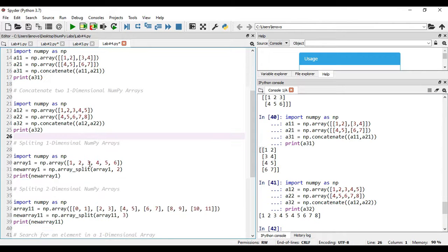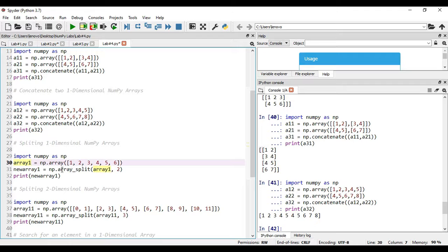Okay, next we'll try to see the splitting of one-dimensional and two-dimensional arrays. Right? Here what I will do is I will try to split a one-dimensional array into multiple arrays. In this case, first I am creating an array named array 1 with elements 1, 2, 3, 4, 5, 6.